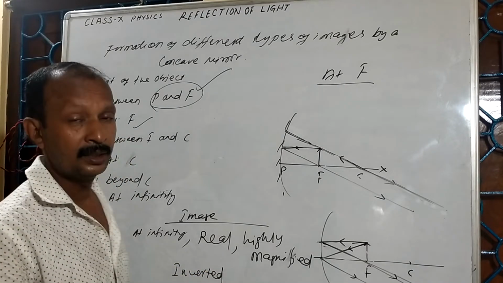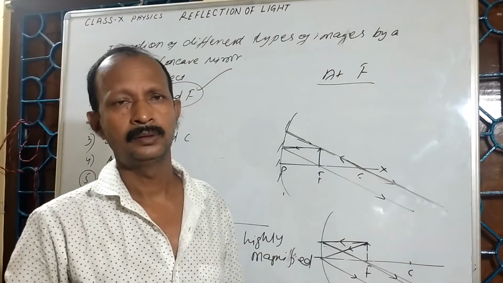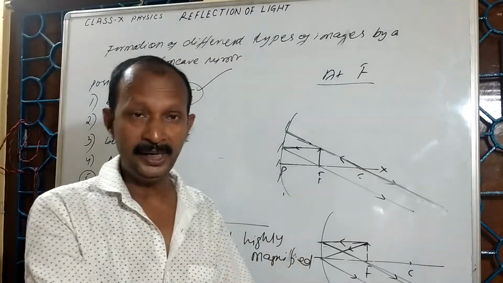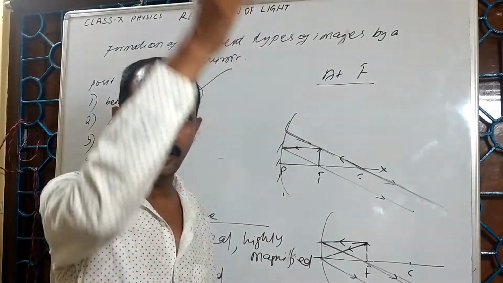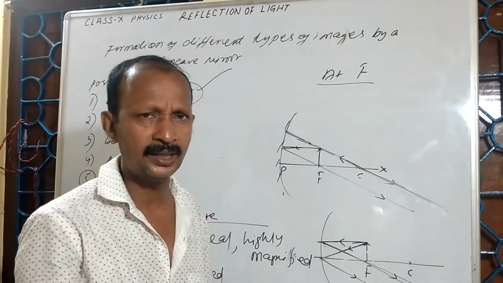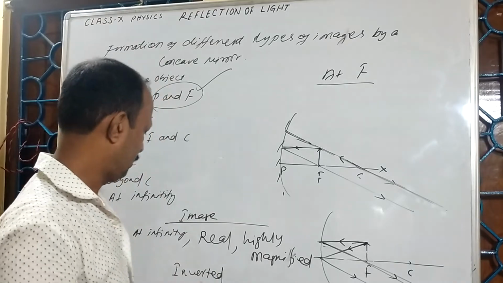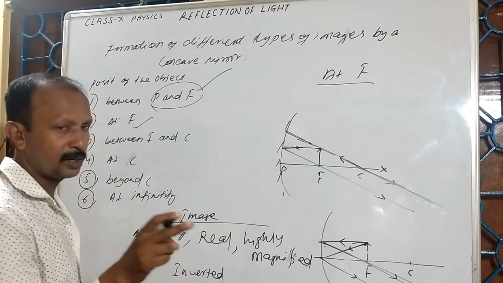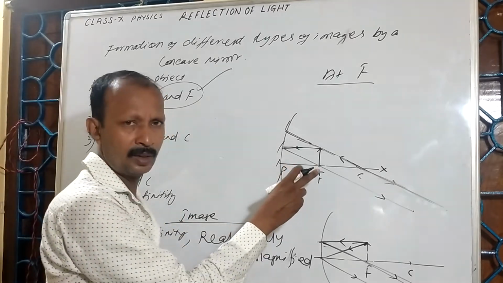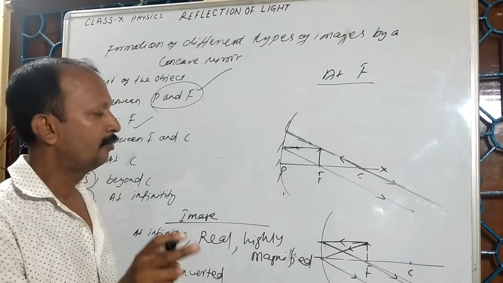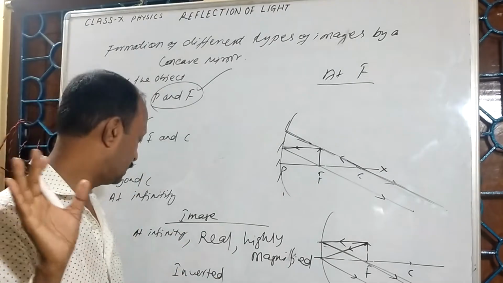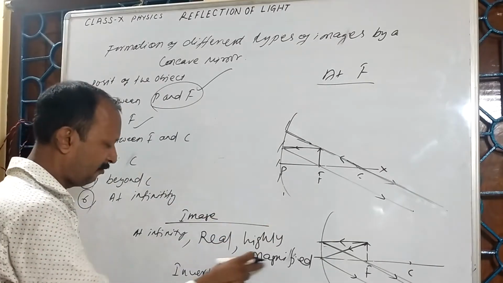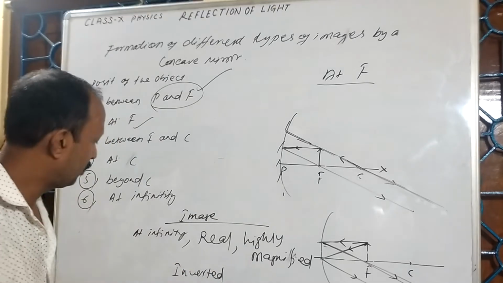All these real images are inverted. If they are meeting at infinity, so definitely they will make a highly large image which is inverted. So this is the characteristics of the image formed by a concave mirror when the object is at the focus. So the image will be formed at infinity. We can't see it. Okay. But if I say that infinity, it is real, highly magnified and inverted. Third,